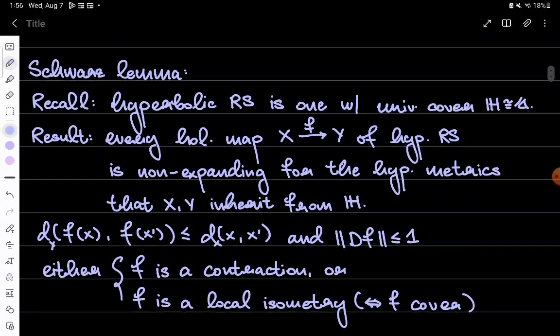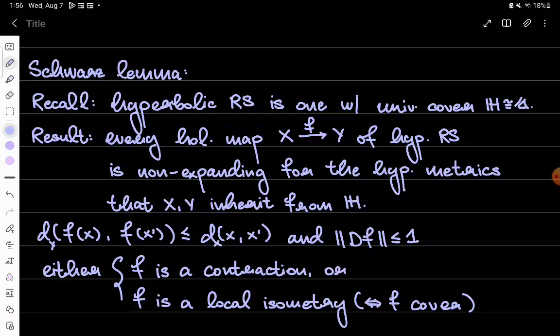So here's the hyperbolic geometry that I wanted to talk about before diving into any of the dynamics, and it comes in the form of the Schwarz lemma. In many complex analysis courses, you see the Schwarz lemma presented in a certain form as a fact about maps on the unit disk in the complex plane. And this is a special case of a much more general and beautiful fact which you can phrase about hyperbolic